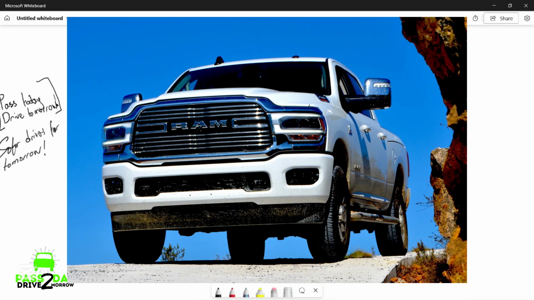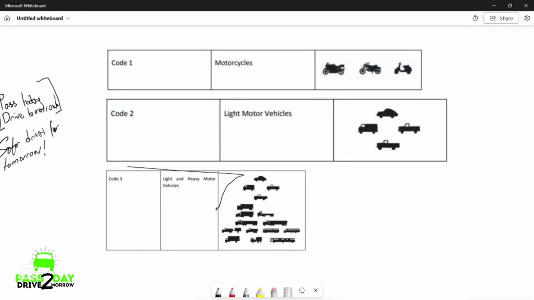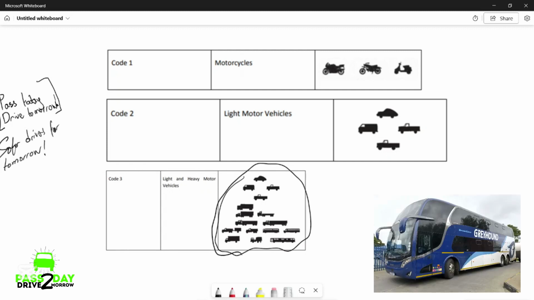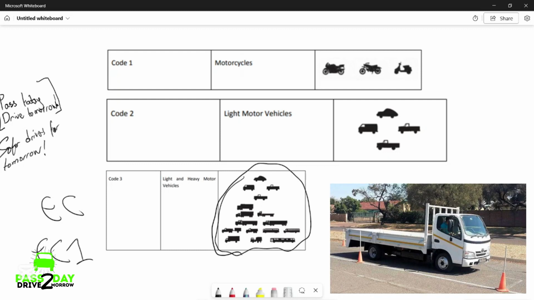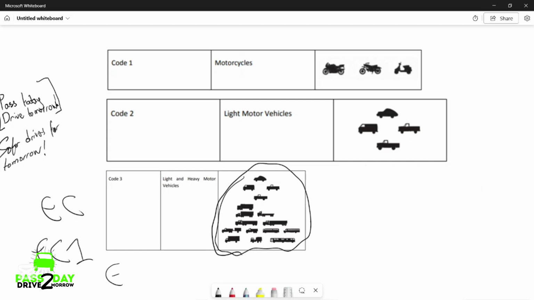And then you get your code 3. That will be basically all of these included right here. So the code 3 actually includes your code 10 as well. So in code 3 you get your EC and you get your code 10. I think it's EC1. I stand to be corrected there. Please drop a comment below if I'm digressing anyway there, but it's your EC and your EC1. So what do I have? I've got the EC license, and I am now basically teaching and helping the rest of the communities on getting